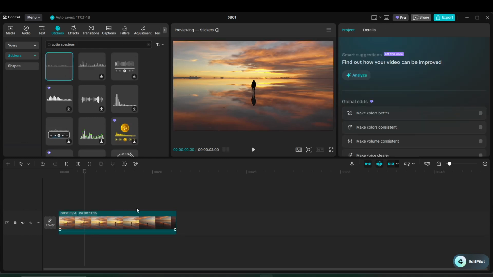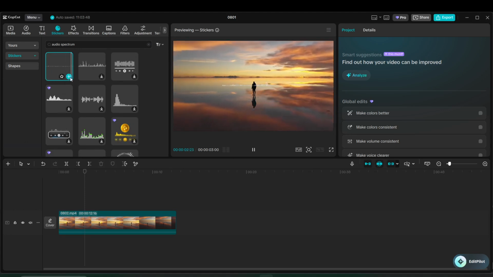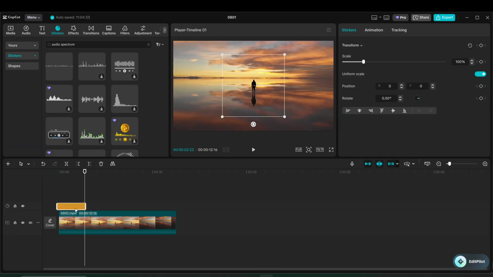The second method uses a custom green screen spectrum clip. This is a great option if you already have a specific spectrum animation you want to use. Drag your spectrum video overlay onto track 2, then select the clip, and in the top right panel, go to